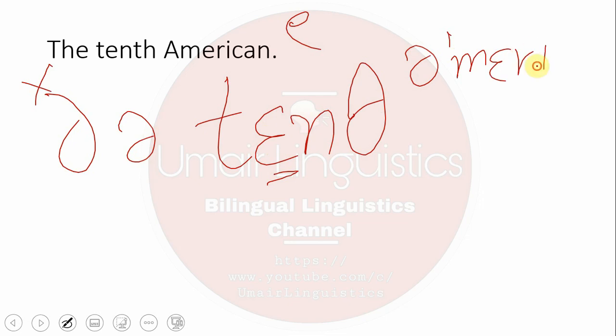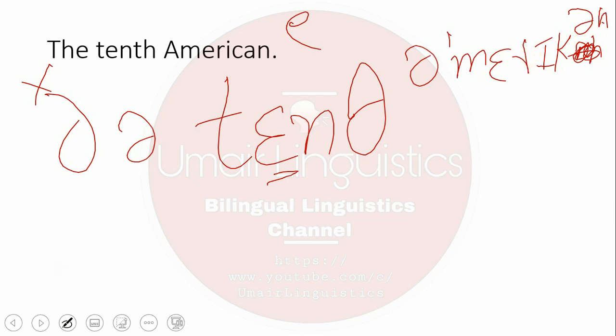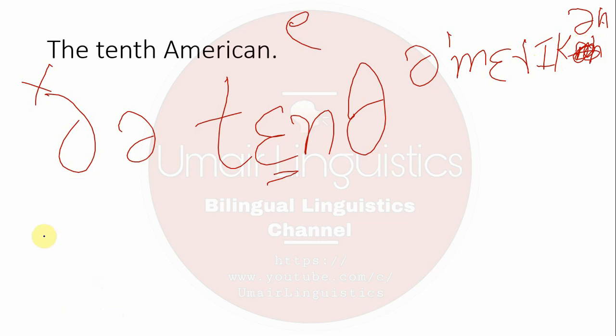American. Yes, American. So here is actually the sh sound and then n, and instead of this we have to transcribe in this way. Then we have the narrow transcription. If we transcribe in this way,